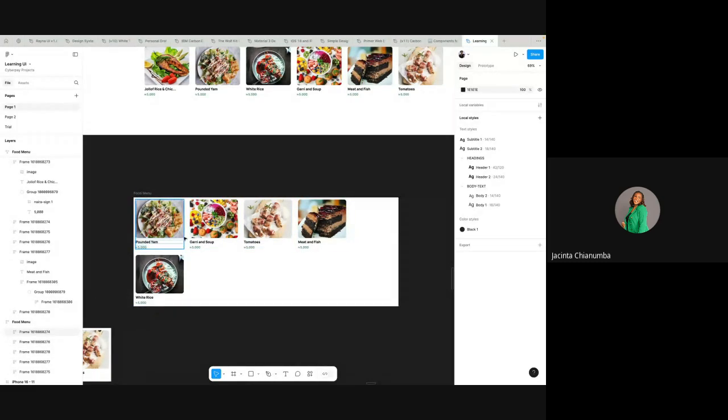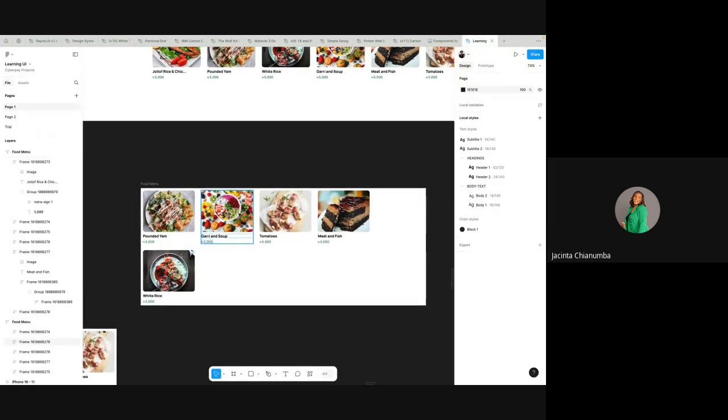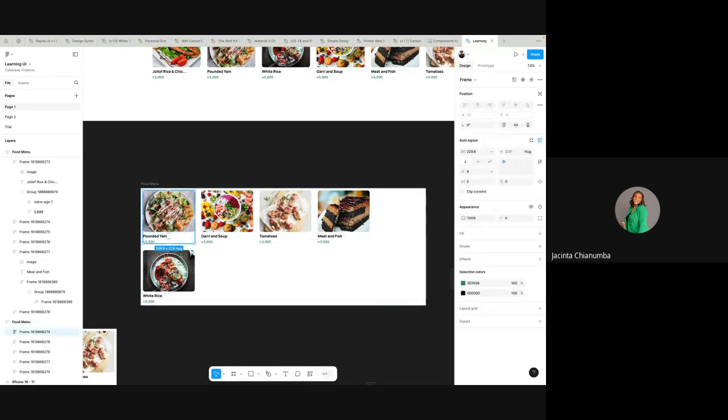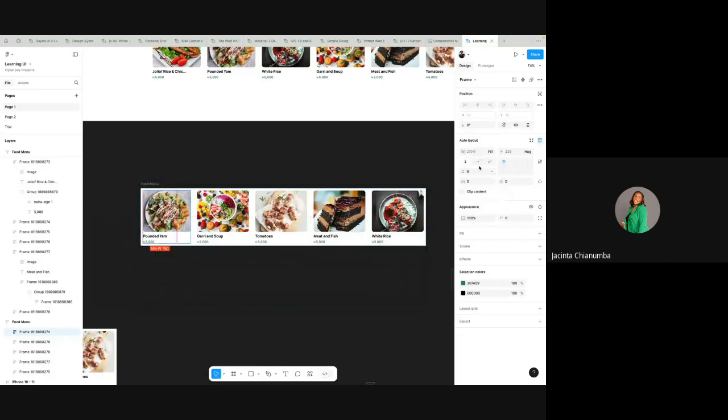So that's the essence of using your fill container, so that whatever the size of the frame, the elements are always going to space out to balance well on that frame. You can see that these elements presently are on fixed width. So if you put each of them on fill container,